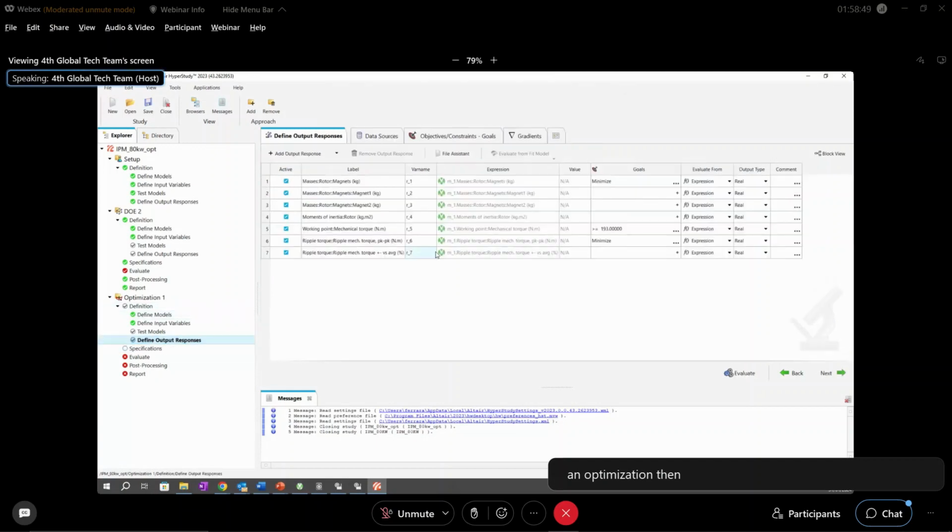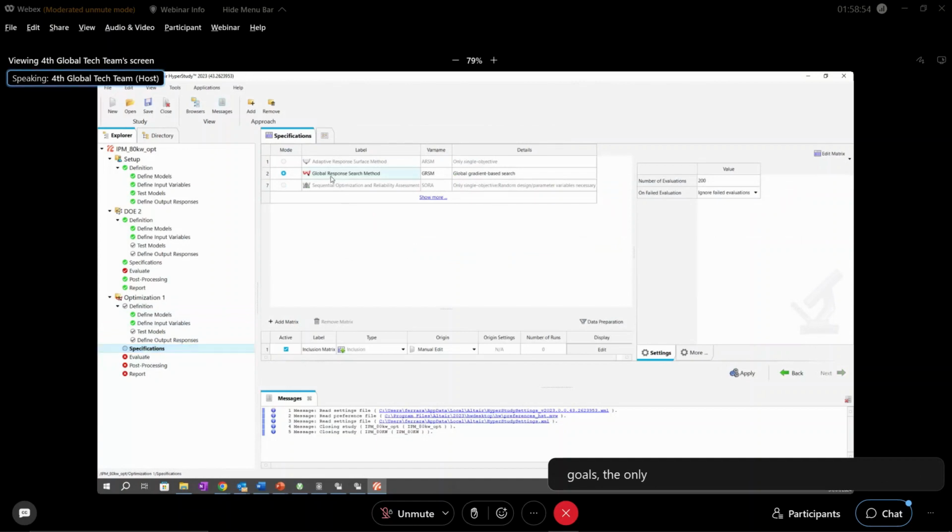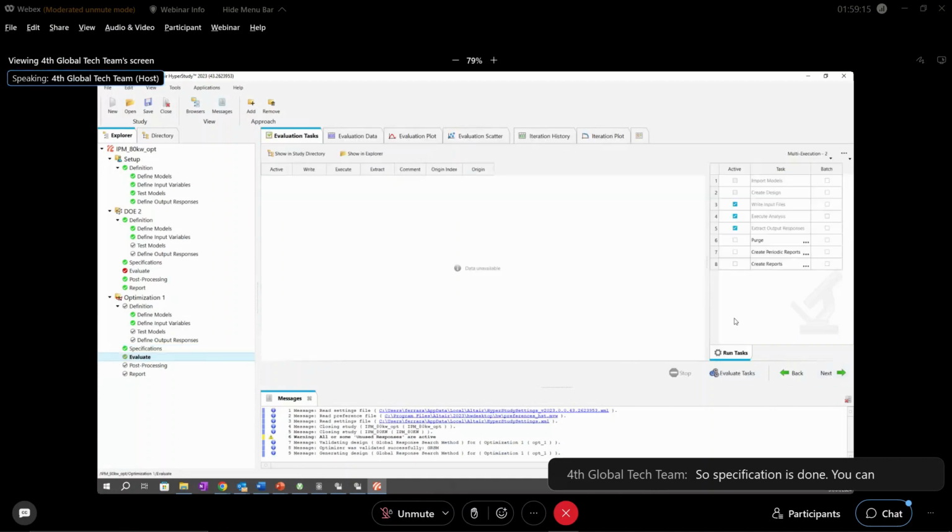Then, since we have defined two goals, the only way is to choose the global response search method that allows us to have multiple goals. You need to set the number of evaluations. That can be 200, that is fine, and apply. So the specification is done. You can click on next, and then you can set the multi-execution as before to 8, for example, and evaluate tasks. So the process will start as before, and I will show you the results